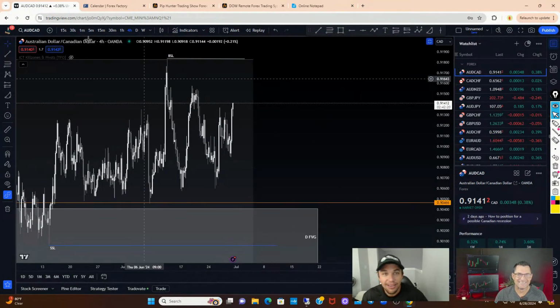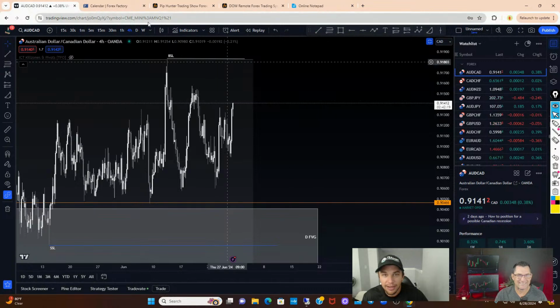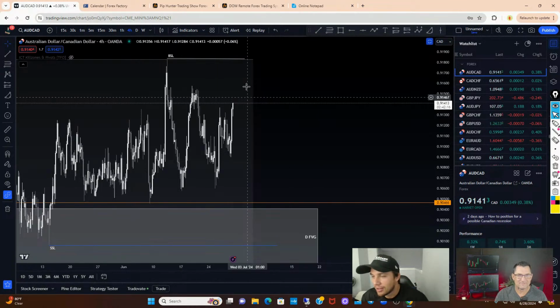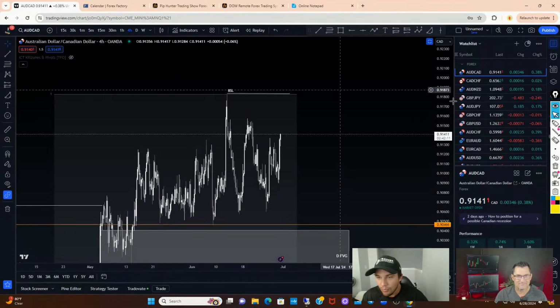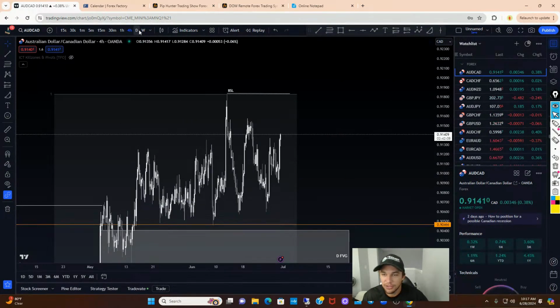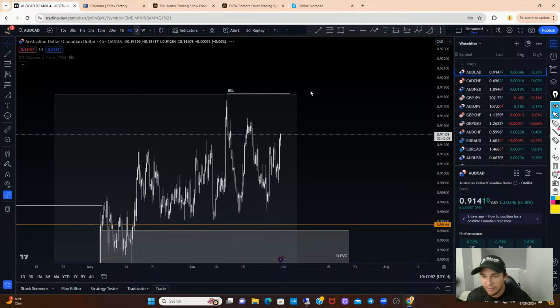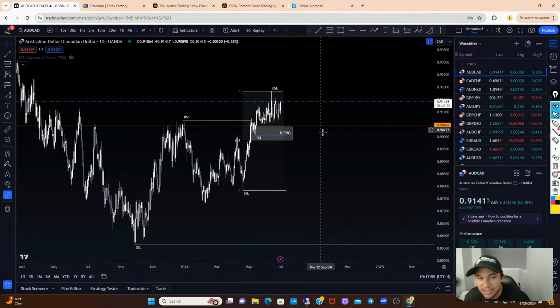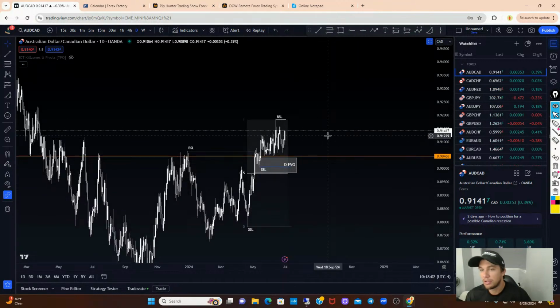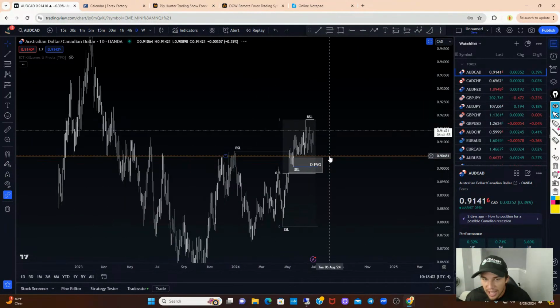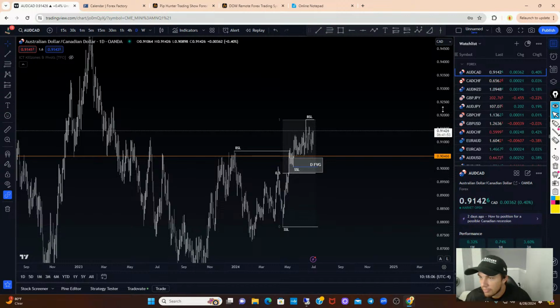So let's take a look at the Aussie CAD, right? Because I don't want to do the Euro US dollar because I feel like it's kind of the same direction. So let's take a look at the Aussie CAD here. And first thing we notice, looking at the daily, is we're just accumulating, very choppy. So there's not really a good trade setup here on the Aussie CAD, but we're going to find one today. What we're going to do is use internal highs and internal lows. And looking at the bigger time frame here, the daily,